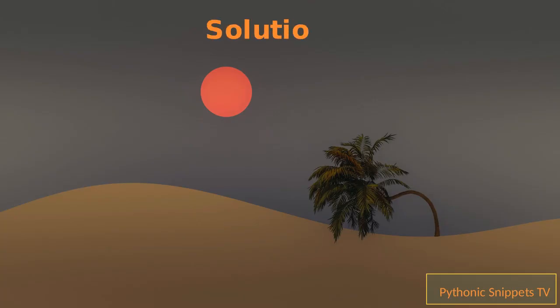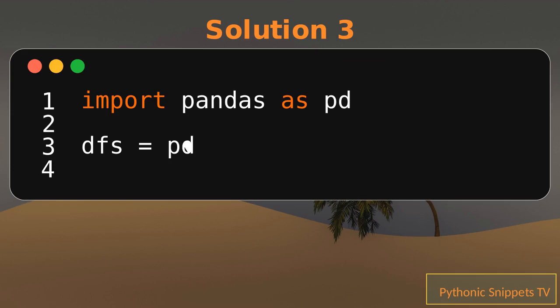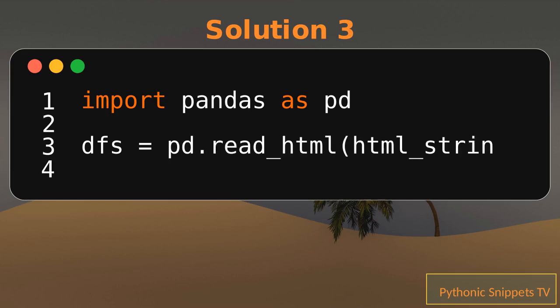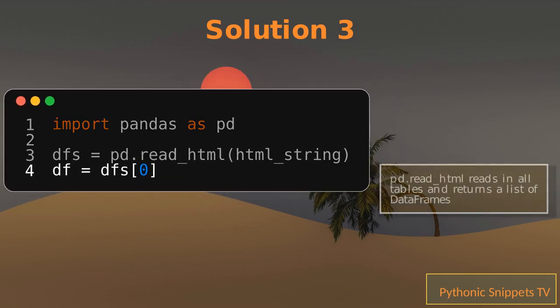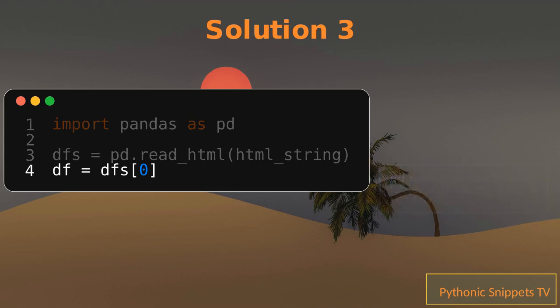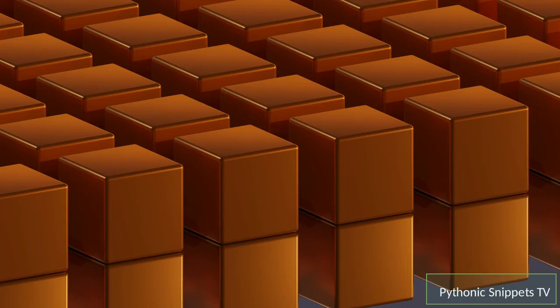Solution 3. Here's a solution which first reads into a pandas data frame and then converts to a dictionary as in your desired output. pd.read_html reads in all tables and returns a list of data frames. The previous code will give us